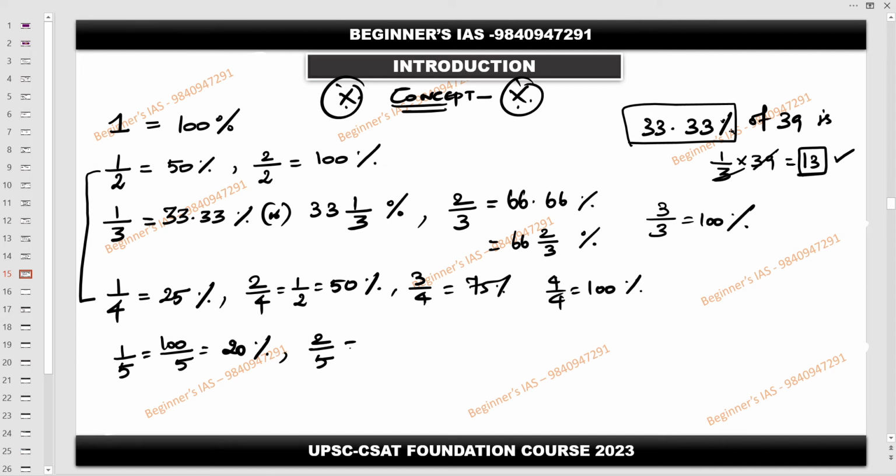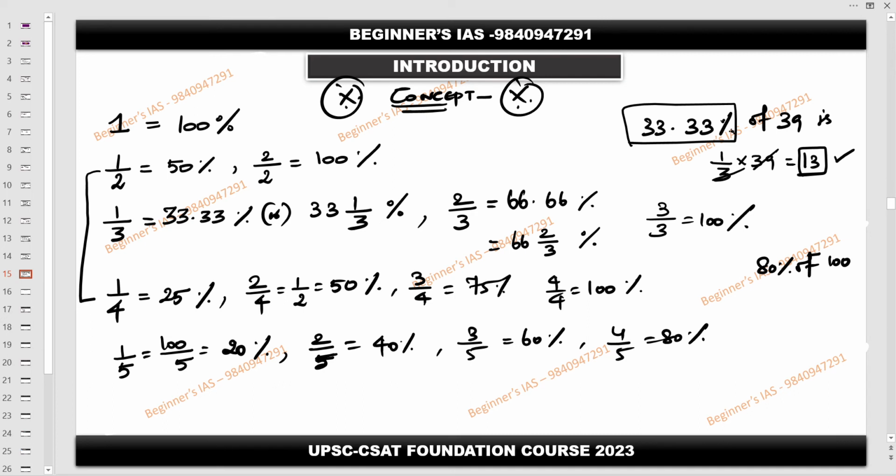So now 2 by 5. 1 by 5 is nothing but 20. Then multiply that 20 with 2. Simple. 40 percentage. Then 3 by 5 is nothing but 60 percentage. Then 4 by 5 is nothing but 80 percentage. Somewhere they will mention 80 percentage of something. So now listen carefully. 80 percentage of